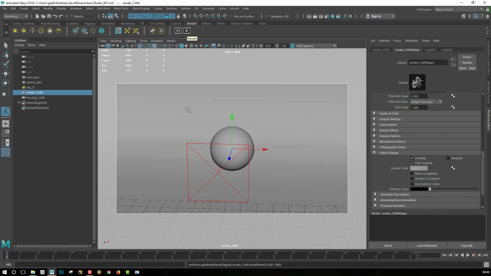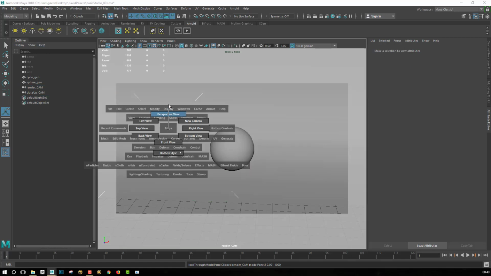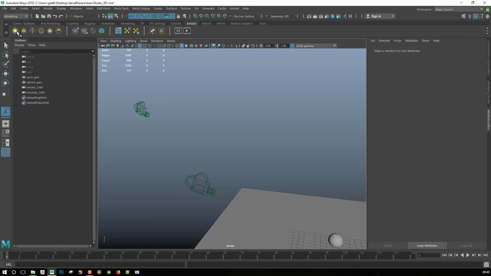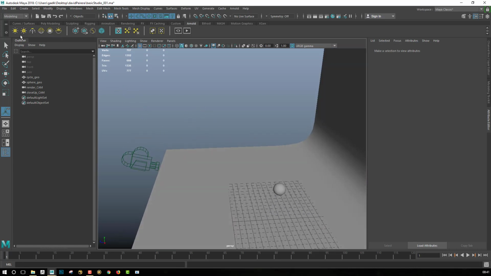Before I do that, just to remind you which light I'm using. So this one, actually let's create a new one. In order to create a light, you just have to select this kind of light. So we have different lights in Maya. Just to remind you which one I'm using every time: most of the time I'm only lighting with the area light, because we can do a lot of different effects using only this area light.